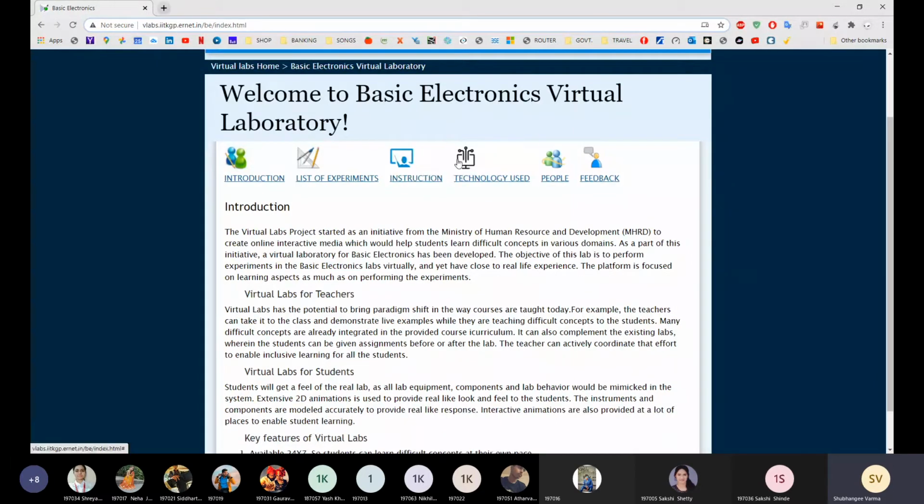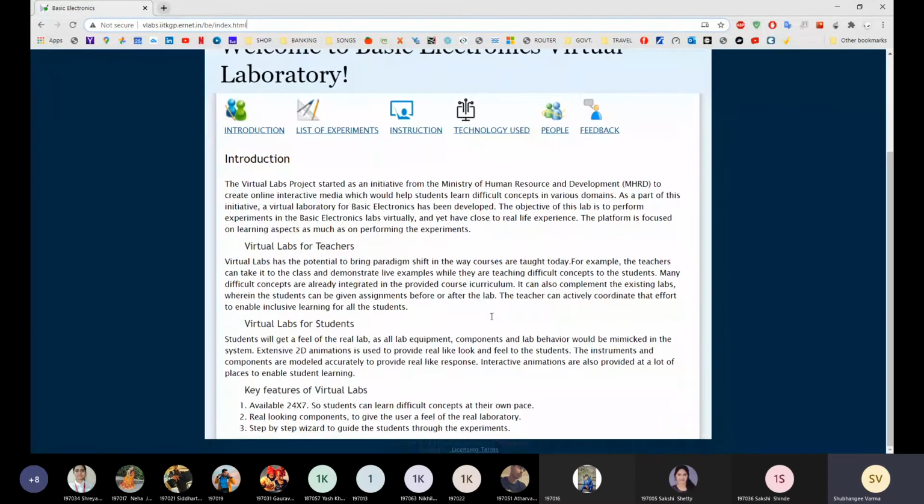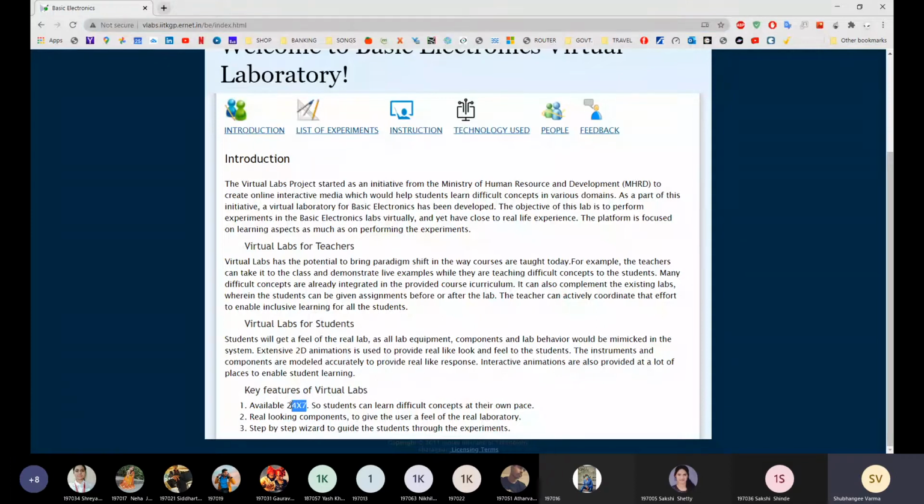Here it's a basic electronics virtual lab, and this lab is coordinated and conducted by the IIT Kharagpur. Here you can see the introduction of the lab is written, and you can see the key features of the virtual lab: it's available 24/7 because it's online, so anytime you can perform your experiment. It has real looking components. We will see how the components look. You will get a feel of your real laboratory,